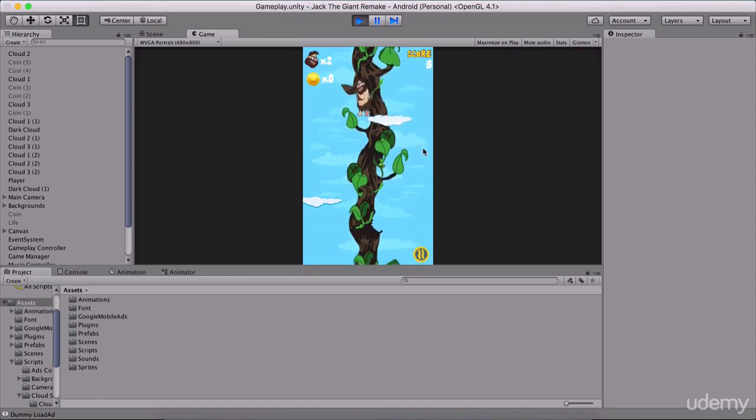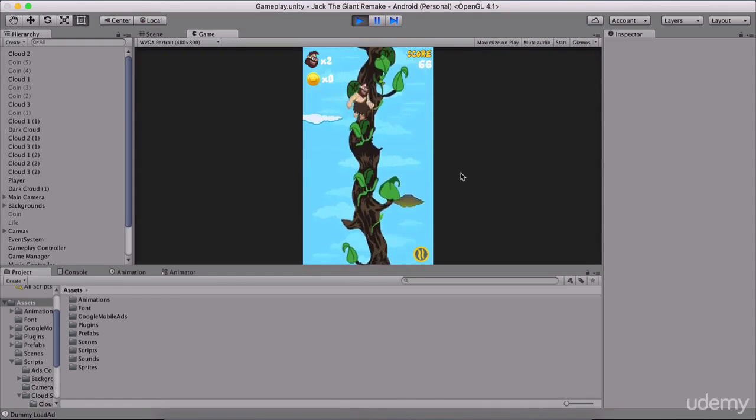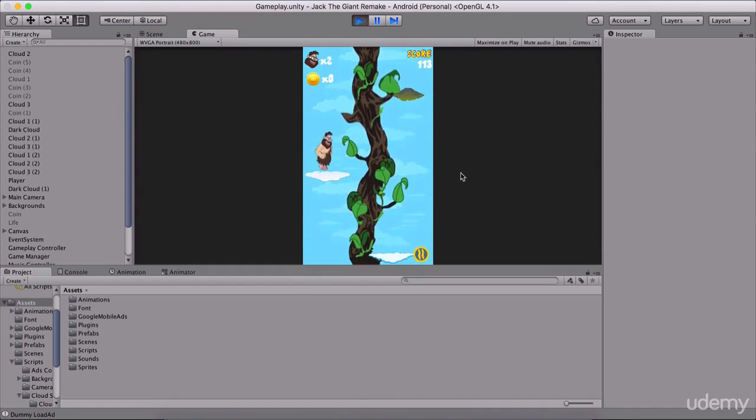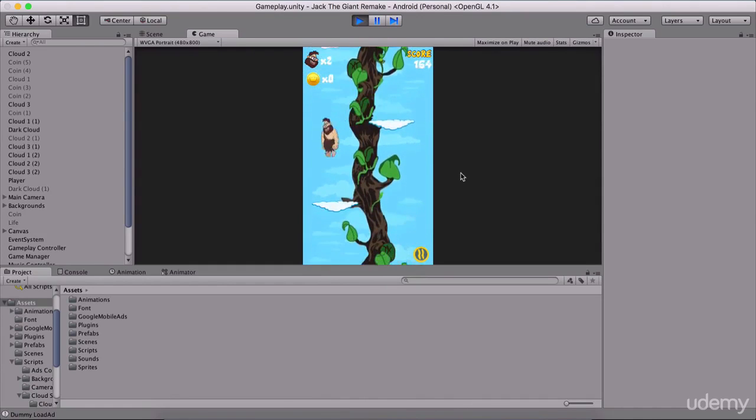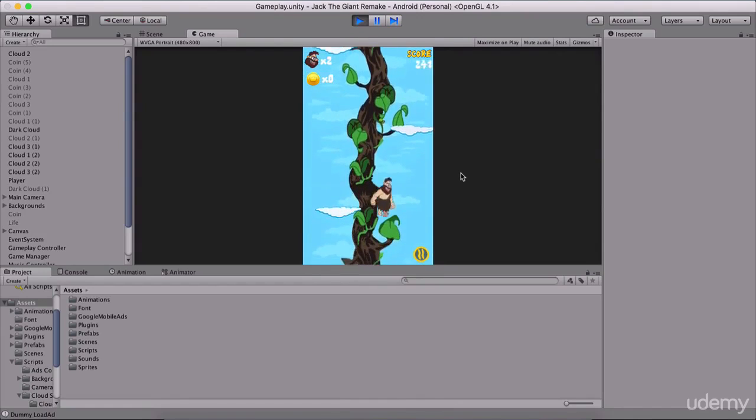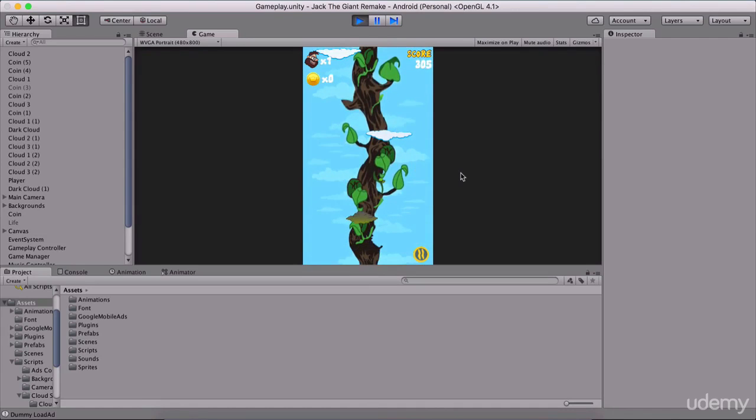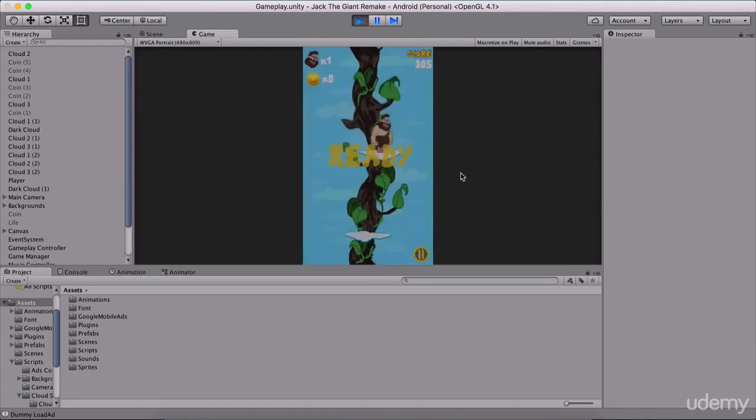So here we have Jack, and we need to help him climb down this beanstalk by landing on these white clouds and avoiding the dark clouds. And also, if we fall down, we are going to die, and then we are going to restart our game. We also have the coin score, life score, and high score. So as I said, this is going to be a short overview. So now we are going to move on and see what is the next game that we are going to